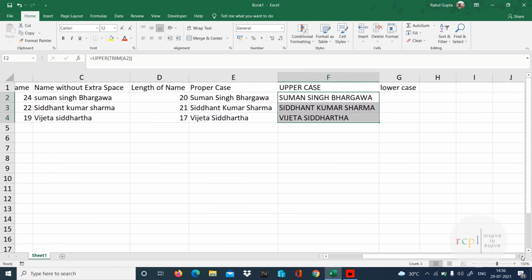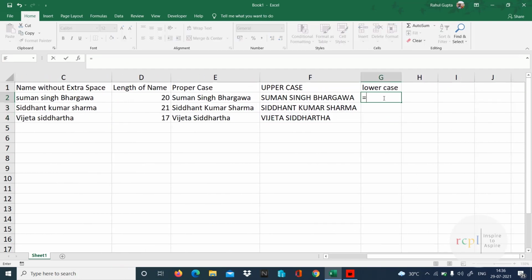Now if I have to give the lowercase, equal to lower, this time I'm going to use proper case or uppercase for the output. I'm going to use this one because we can use any of them. If we are using the starting one, we have to use trim. If we are not using it, we don't have to use trim, because we already removed any extra space in the name with trim. With proper case also, some extra space has been removed, in uppercase also.